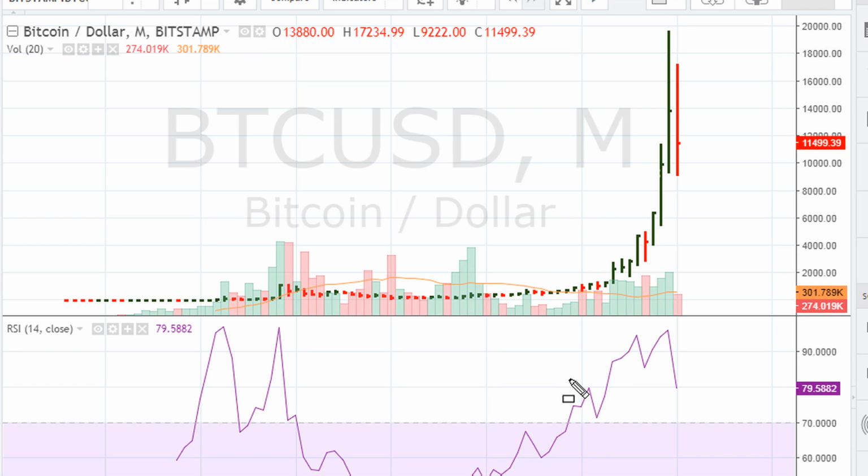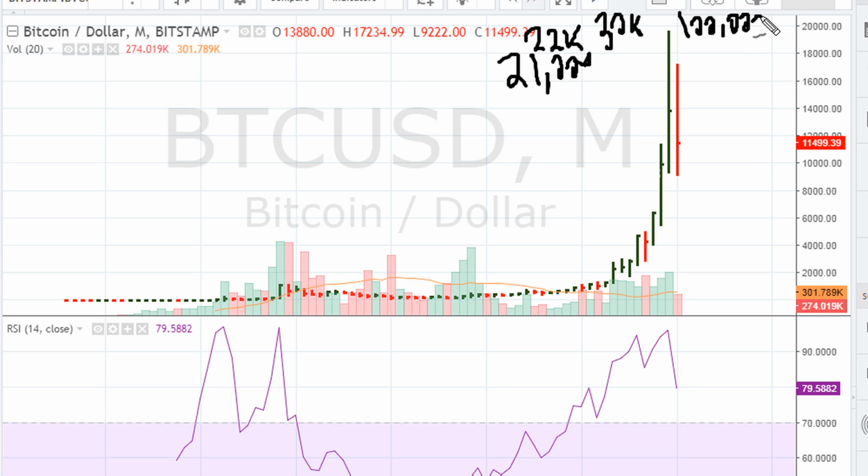Which means if you expect Bitcoin at some point to go to, let's say, 21,000 or 22,000 or 30,000, right? Or 100,000, assuming that's even in the cards, the best thing to do is to wait for a breakout above recent highs. Because the only way it gets to 21, it has to clear 20,000. So rather than be caught up in this sideways action, which might be going nowhere for many months, many years,